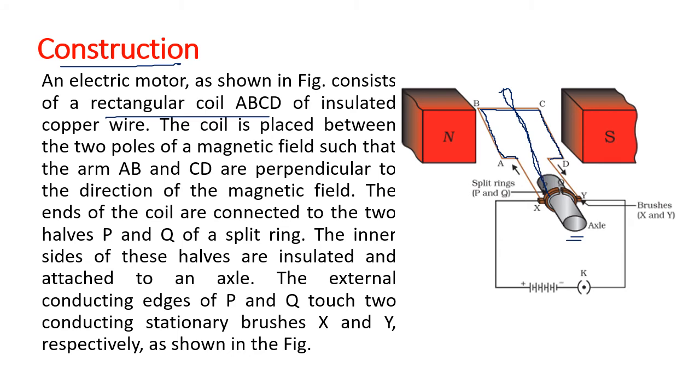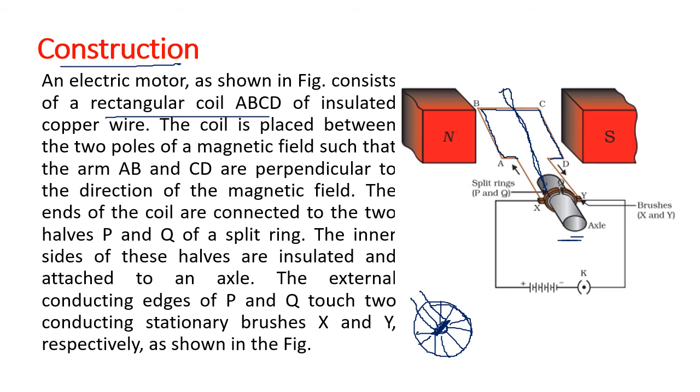If you want to know what an axle is, you can see the wheel of your bicycle. In the center there is one rod, with support put on two sides. This rod is called the axle, where the spokes are connected. This axle rotates, making the wheel rotate. So we have got an axle.